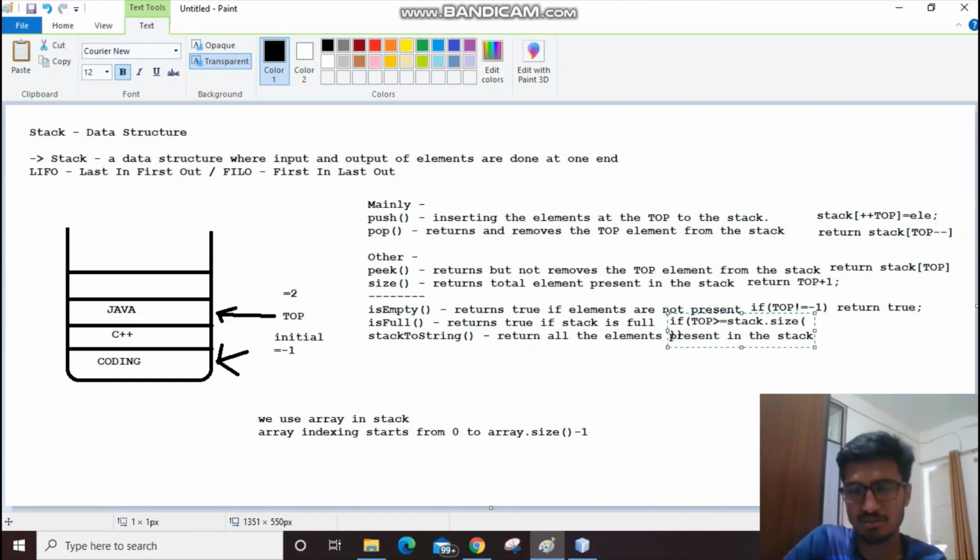If the top is at the stack size, that means it is at the last position. We cannot enter any more elements inside the stack, so we just return true. That means the stack is full.